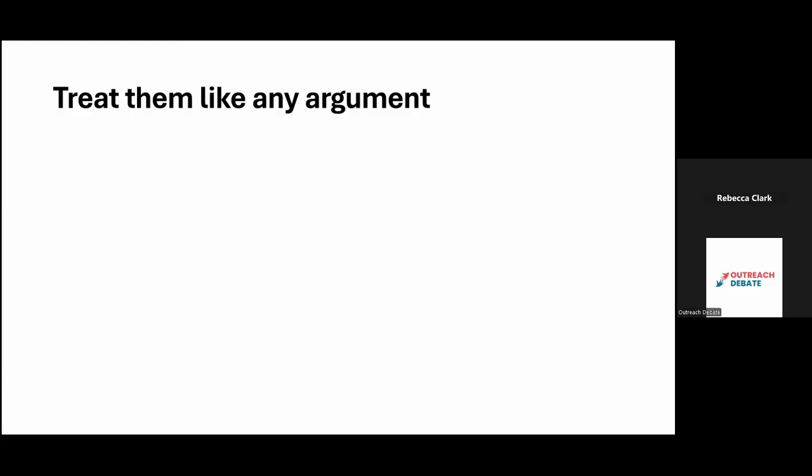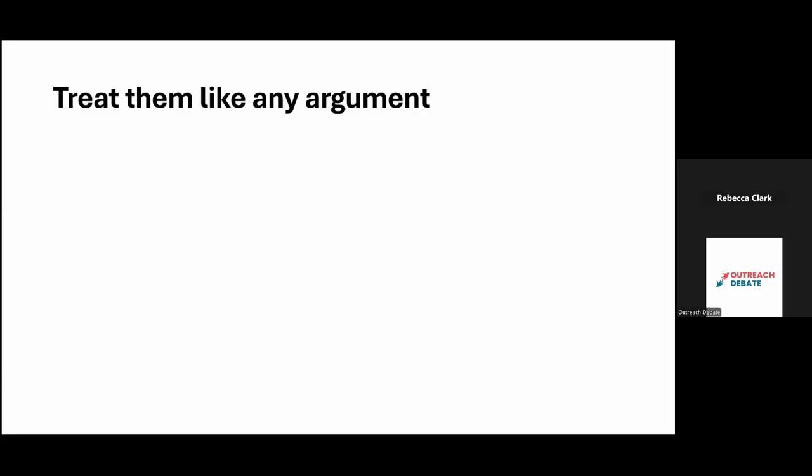They feel strange, maybe too nuanced, or maybe just too out there and random. So for a lot of debaters, they don't look at them as real arguments. They look at them as these weird aspects of the round that they just want to get through. So I tell my beginners, treat them like any other argument. A value and a value criterion are inherently an argument. They aren't just this weird thing that appears at the top of your speech, but they are an argument about what's important in life. And then they're an argument about how to achieve that important thing. And functionally, it's not much different from an argument about a policy action being good or bad. We can interact with these arguments the same way we can interact with any other.